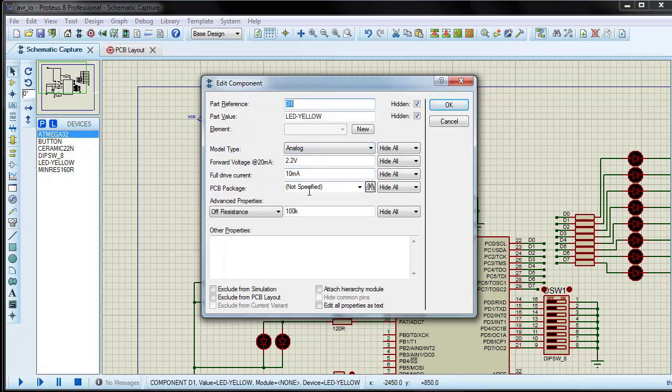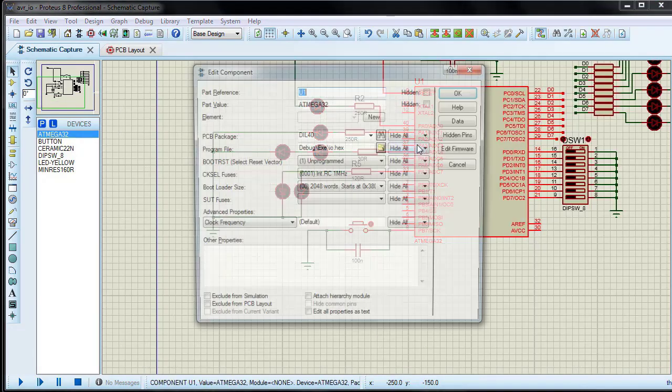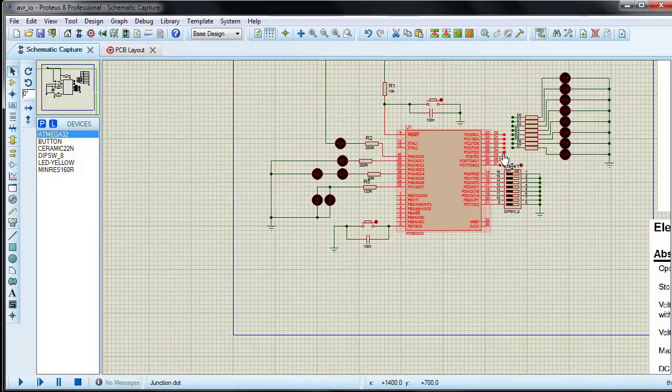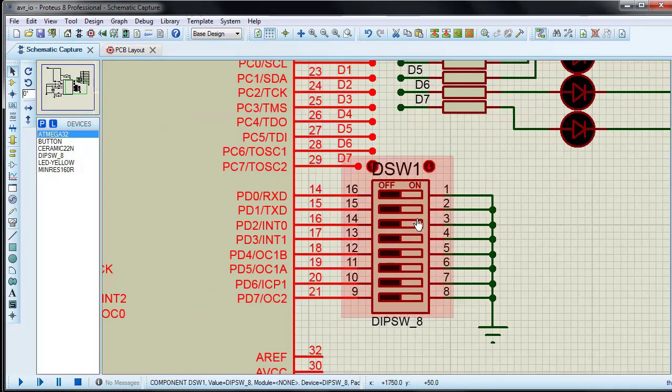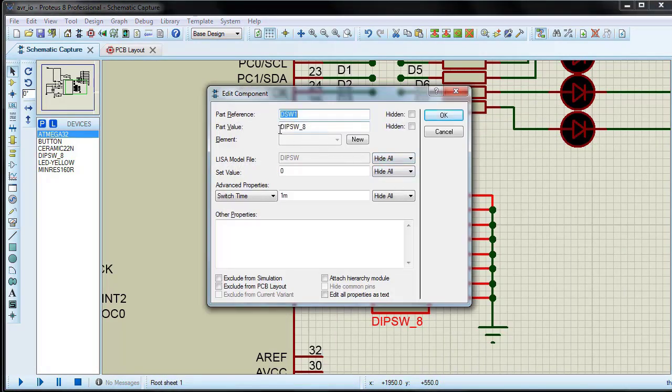No package specified for the LED. The AVR has a package. Dip switch does not have a package.